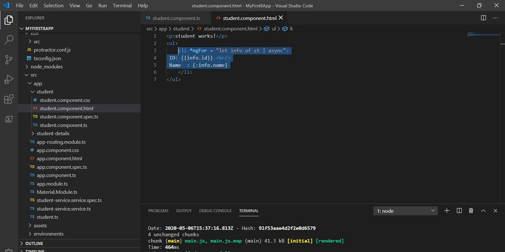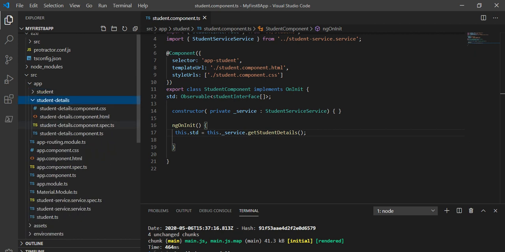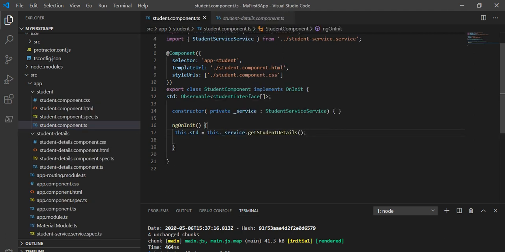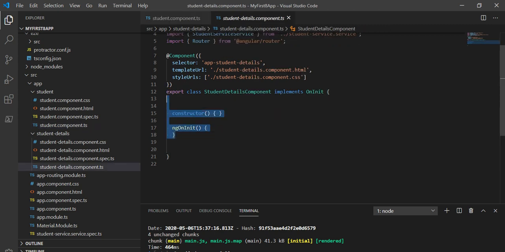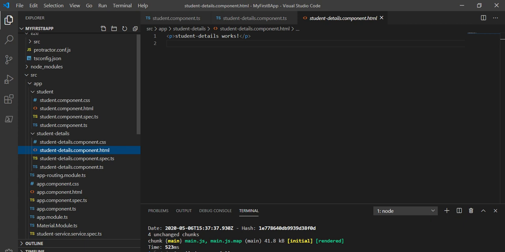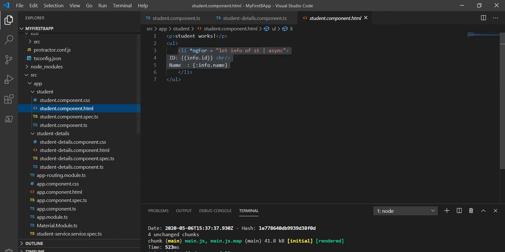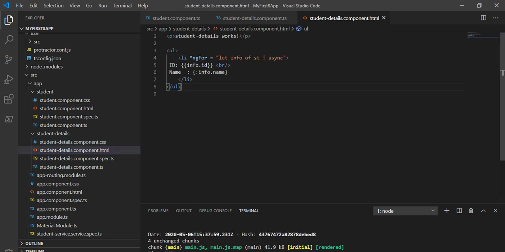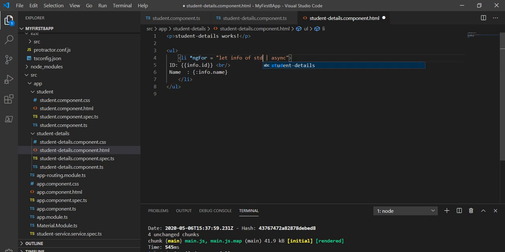Now next thing what we will do, let's go to the student detail page, and here define the same thing, because we are going to get the same data. So I'll just copy this full information here as it is, and let's paste it here. So that's the thing. Now next, go to this HTML page, and we will fetch the information. Again I will copy this full, and in this student detail component page, this will basically be std.